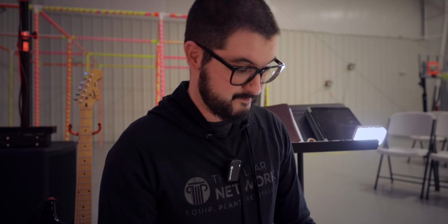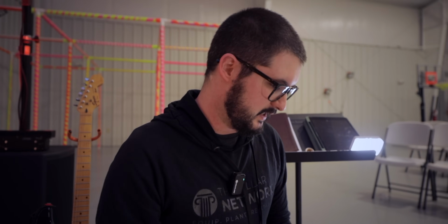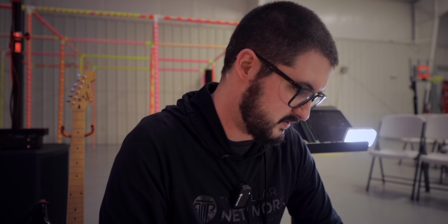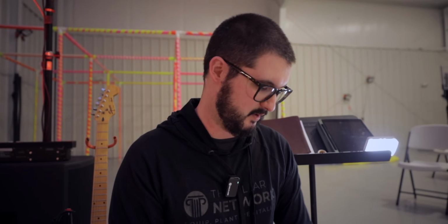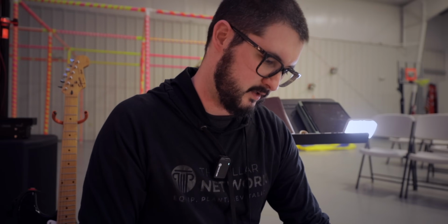So then I ran the ToneX's into the effects loop, and I did not notice any kind of tonal difference. Nice. So I was like, sweet, this works. And that's what I really like about the Stomp, even the HX Stomp, is those headphone out options. I tried to get super annoyingly creative with the headphone out option of the ToneX's, but again, it would have required buying more stuff that I didn't really care to buy, and it would have messed with how my